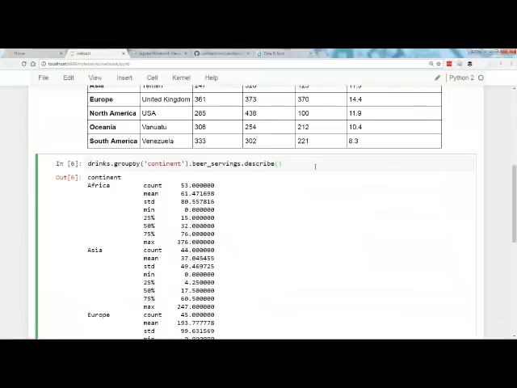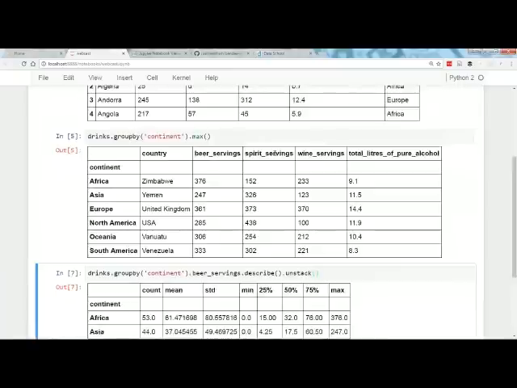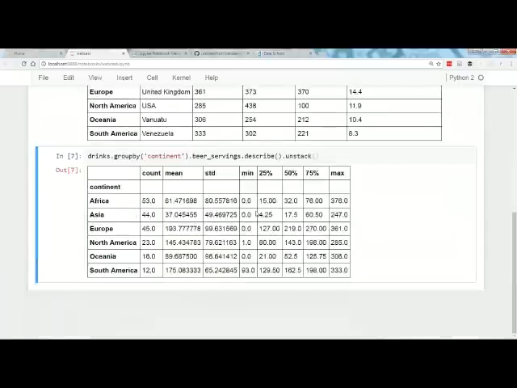Now if you want to turn this into a single level index, you use unstack. It kind of moves the data around. I don't know how to better describe it. It changes the shape of the data. So it has a single level index. Stack is the opposite.